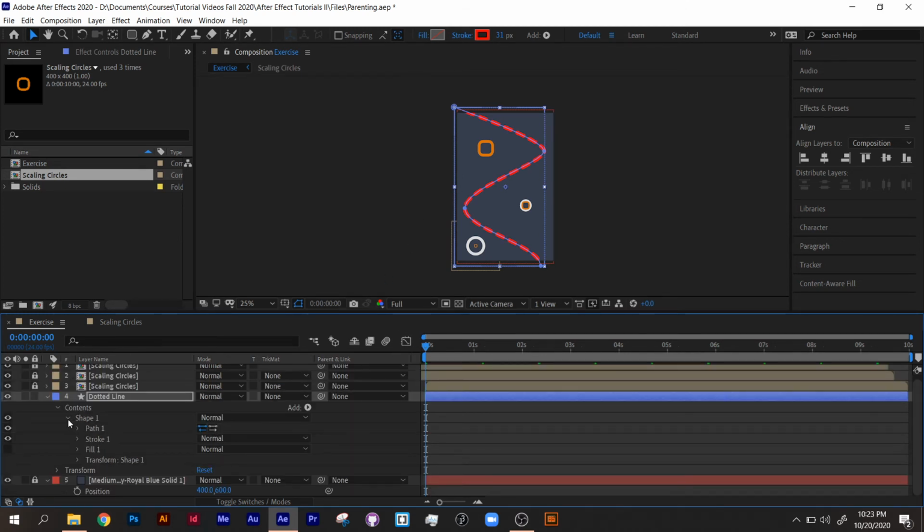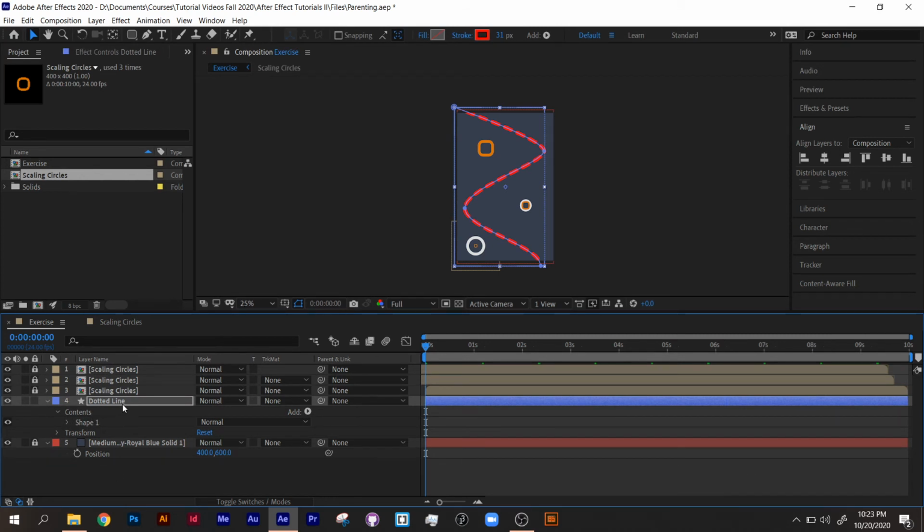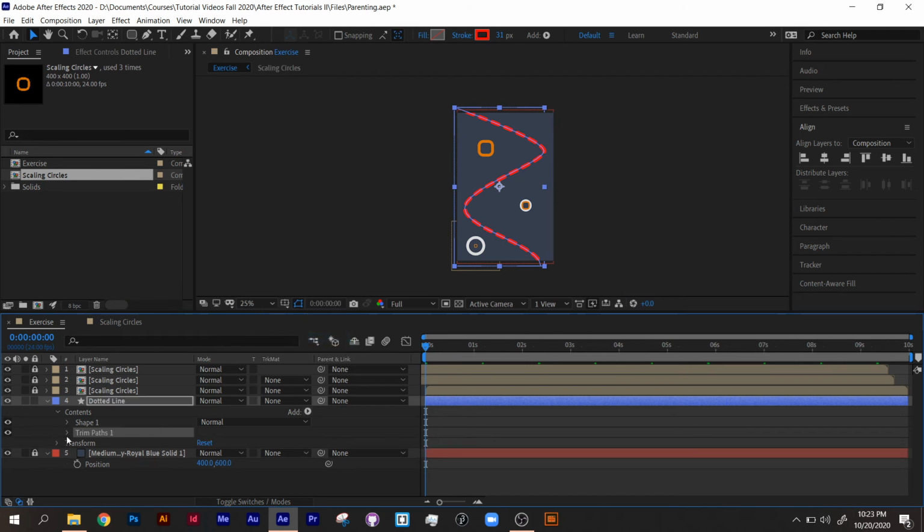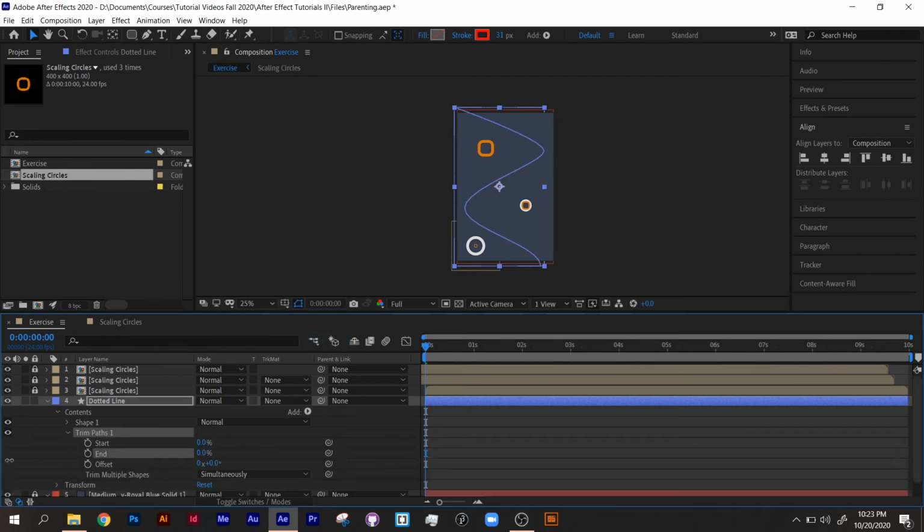And I'm going to go back in and add a trim paths, and I'm going to click just on the name of the shape first and add trim paths. Drop this down, go all the way to 0, and then start. And then when it gets to 3 seconds, this is going to move all the way through. Let's just make sure this is all the way set to 0. So what this will look like is this is going to go through this line here. So what I want is this whole scene to be shown in another animation, but panning down along with this